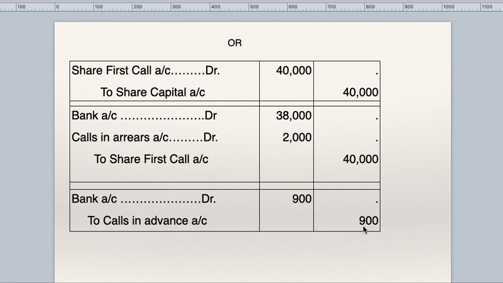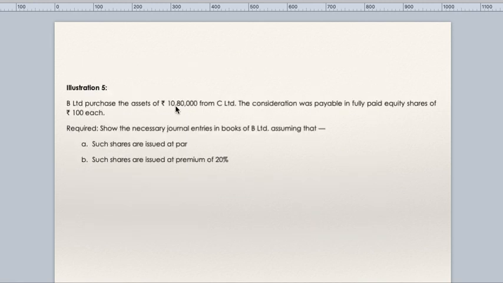Received final call money on 30 shares. So this way also you can pass journal entry. So it will be easy for you to understand. Now we'll go to